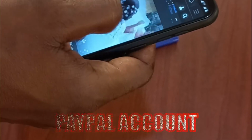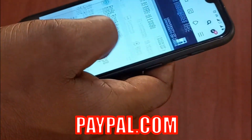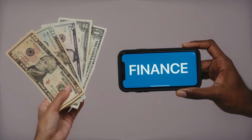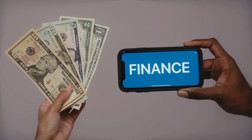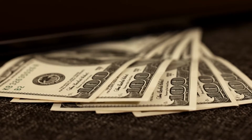Now the first thing you need to have handy is your PayPal account. If you don't have one, you visit paypal.com and sign up for one. It is free to sign up. All you need is your bank card to set up your PayPal account to receive payments. After setting up your PayPal account, I would like you to visit this website,